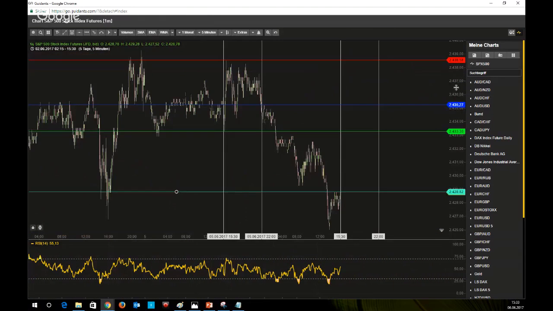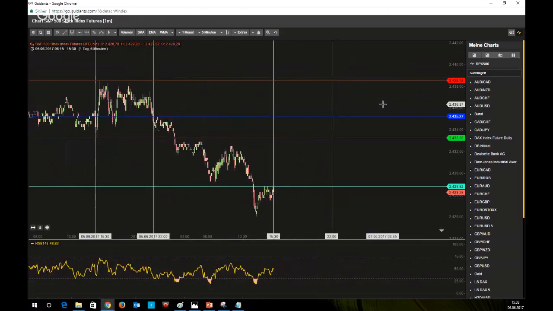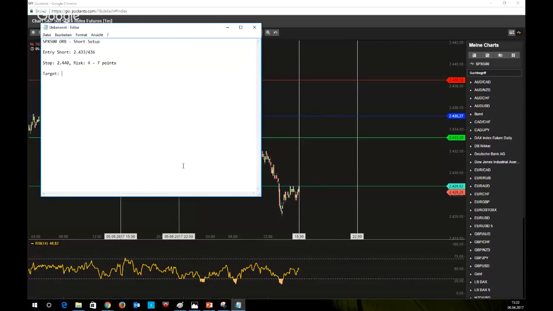And in fact, that's it. So 2,415. You have a target which delivers a chance here between 18 to 21 points,